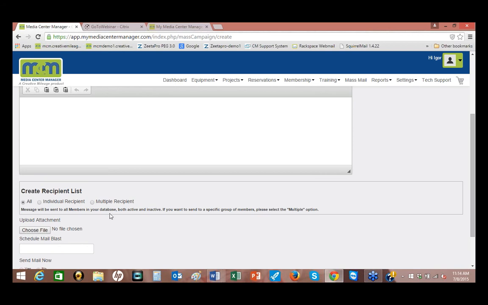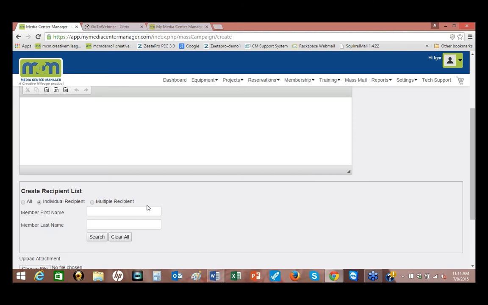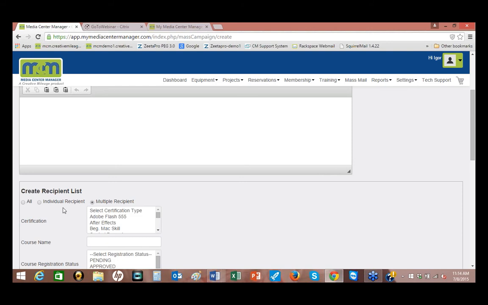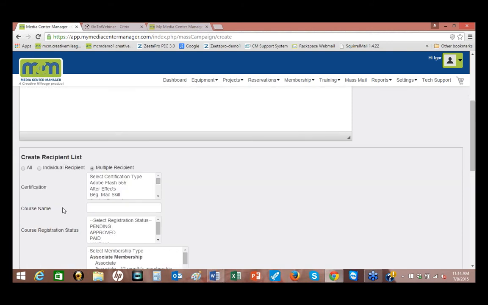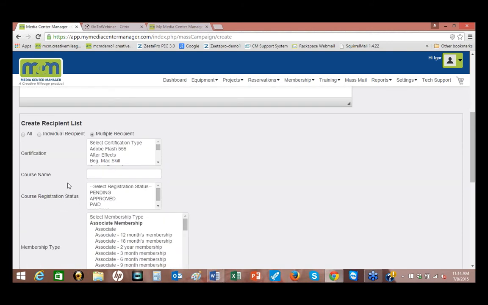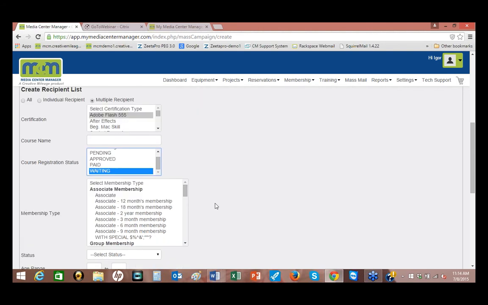You can select all, which would send to everyone, regardless of whether they're active or inactive. It would just find their email address and send to everyone. You can search by an individual's first name or last name, or multiple criteria as well. So if you want to find members who belong to a certain certification or have a certain certification, or if you want to email members who belong to a certain class or have taken a certain course, or even take it a step further and want to find everyone who belongs to this class but is on the waiting list,